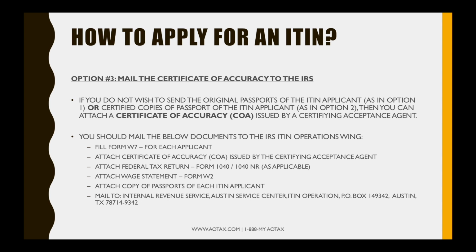Then the third option is to mail the certificate of accuracy instead of the original passport or the certified copies of the passport. Now, a certificate of accuracy is a certificate issued by the certifying acceptance agent who verifies all your passports, your identity documents, your W7, and confirms that yes, you can claim this ITIN applicant on your tax return and you can apply for an ITIN. In other words, he is a representative of the IRS who is evaluating or assessing these documents